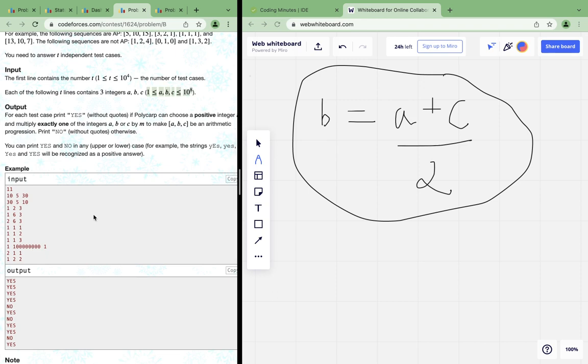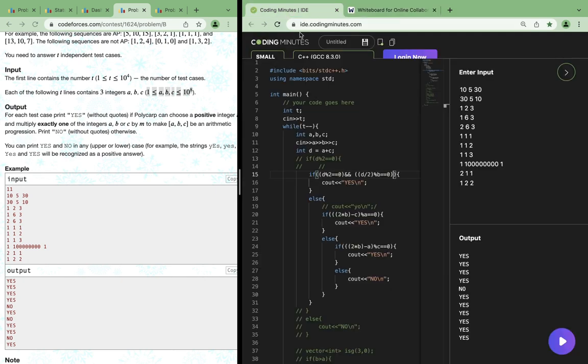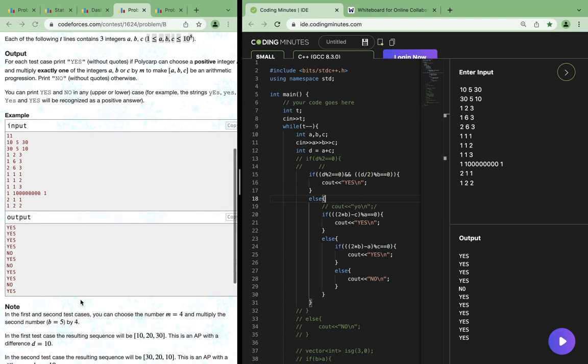So 10 plus 30, that is 40, divided by 2, that is 20. And if we can make the middle part to be 20, that is taken care by this. Multiply something to get that number in the middle part. And if we cannot, then we go into this loop, and this loop states that